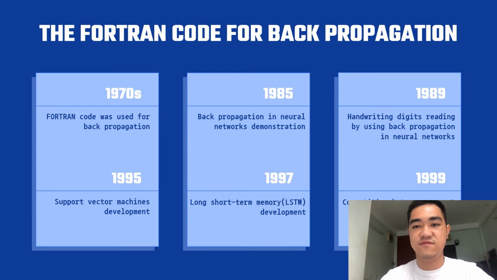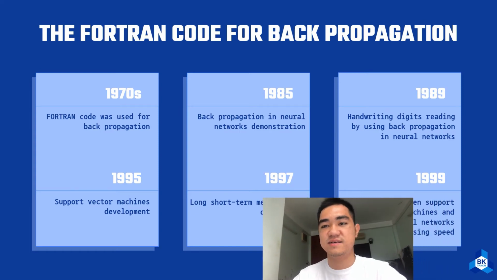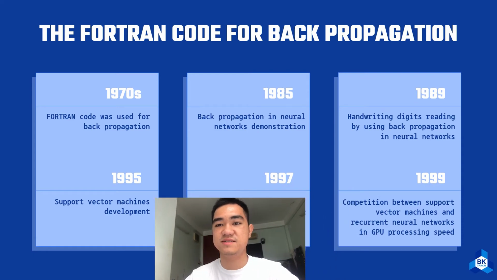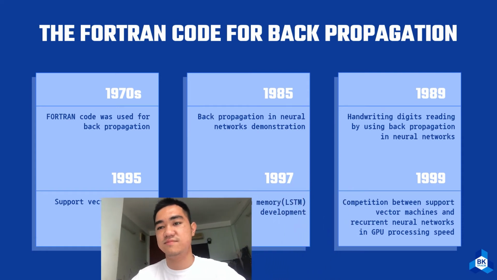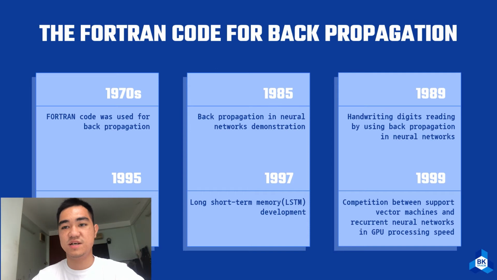Yann LeCun gave the first practical demonstration of backpropagation at Bell Labs in 1989 by combining a convolutional neural network with backpropagation to read handwritten digits. Moving on, in 1995, Vladimir Vapnik and Corinna Cortes developed the support vector machine, which is a system for mapping and recognizing similar data. Long short-term memory, or LSTM, was developed in 1997 by Jürgen Schmidhuber and Sepp Hochreiter for recurrent neural networks. So that is the history of deep learning before the 2000s.